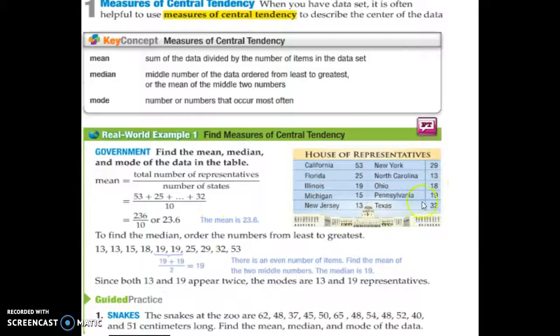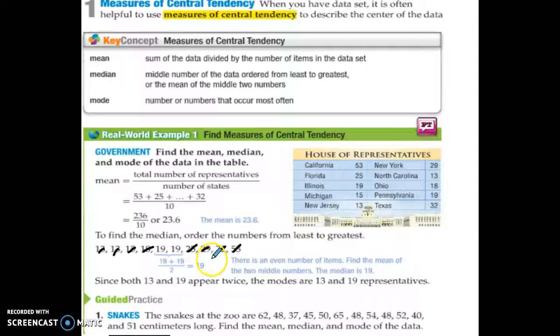The median, I have to put them in order. So here I put them in order from smallest to largest. And then how I do it, I just start slashing off maybe 3 from this side, 3 from this side, 1, 1. Now when I get down to 2, I find what number is between these two. Well, these two are the same. Okay, so it's going to be 19. But if this is like 18 and 20, I would add those up and divide by 2 like they did down here. Okay, so when you get two numbers that are tied in the middle, you add them up and divide by 2 to find the mean,